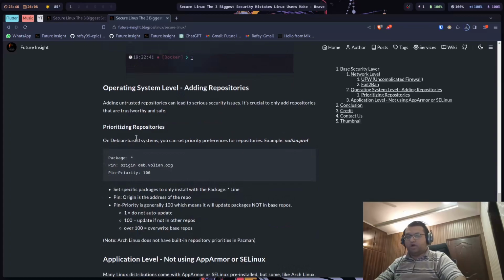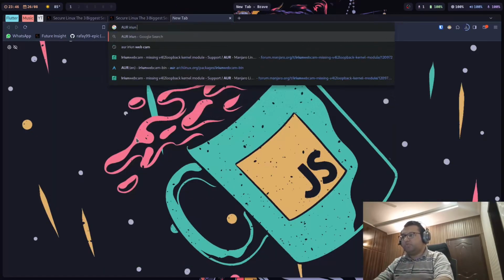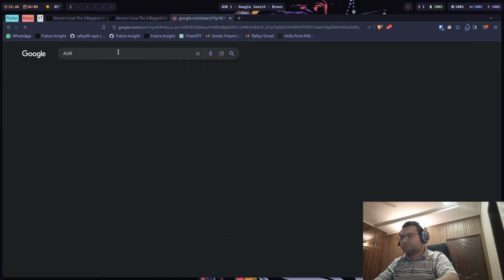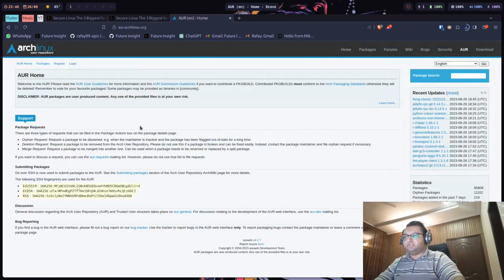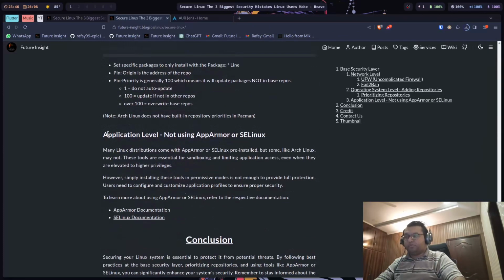On Arch, if you are using the AUR, make sure you do not install any broken packages, make sure the packages are up to date, the dependencies are not old, and that it is well maintained, because if it isn't, your life is going to be hell. That is one way you can secure the operating system level.